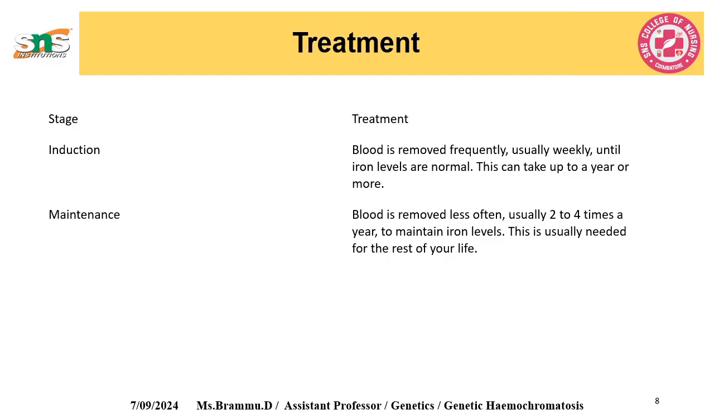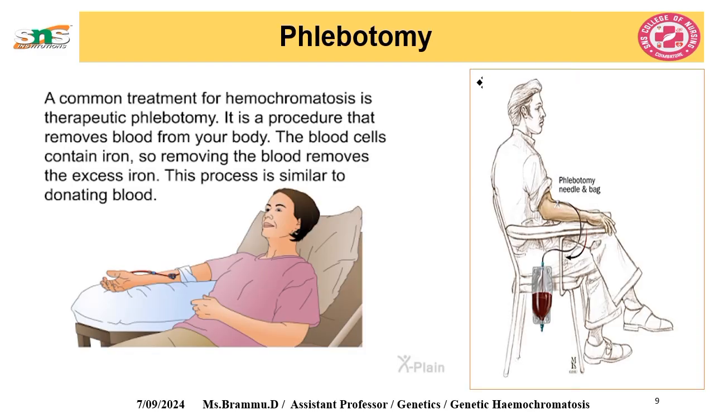and usually weekly we will be planning to remove the blood. The patient may need a venous cut down, and then we have to transfuse for some other replacements such as fluids and blood. Often in the maintenance phase we are not going to do phlebotomy quite frequently. Instead we will be trying to maintain the patient's iron level. Here in this picture you can see phlebotomy